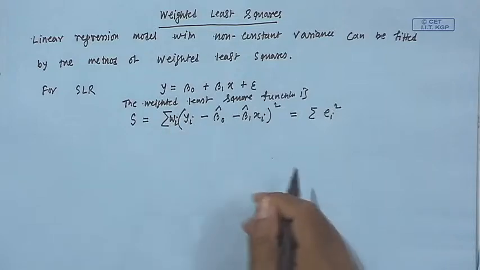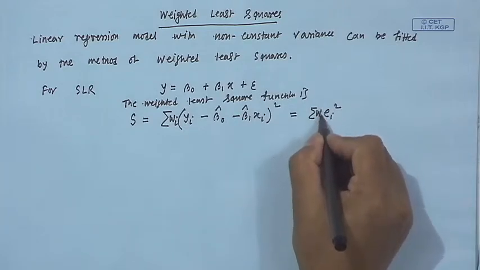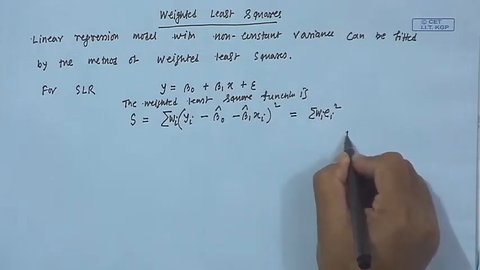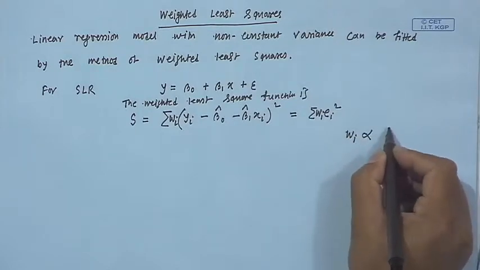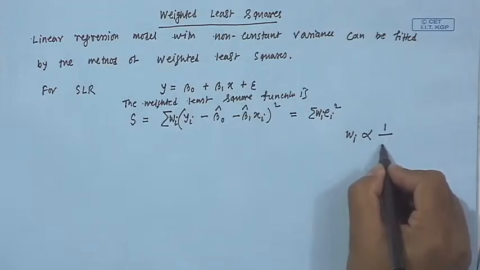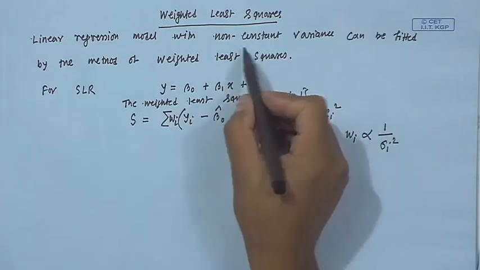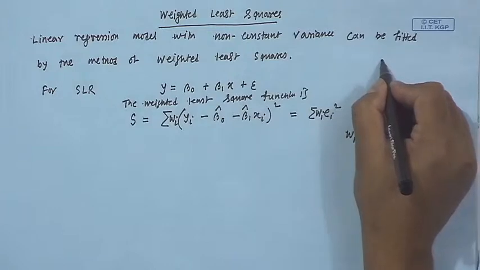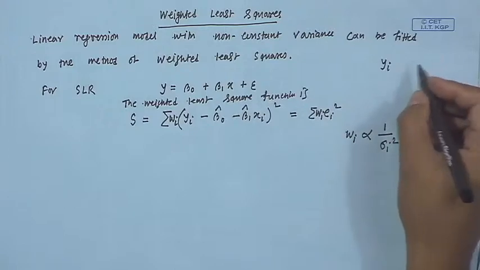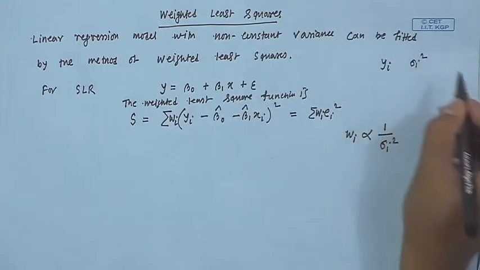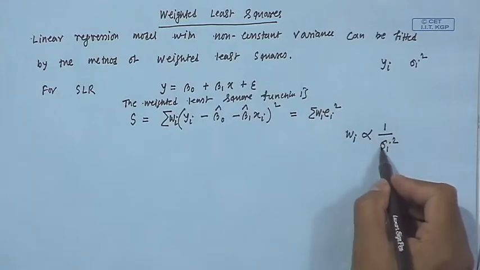So, w i is the weight given to the ith observation, and here w i is proportional to 1 by sigma i square. See, here we are talking about a model with non-constant variance. That means y i is coming from a population with variance sigma i square. Okay. So, w i is proportional to 1 by sigma i square,